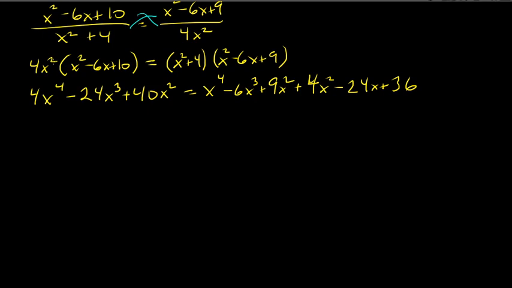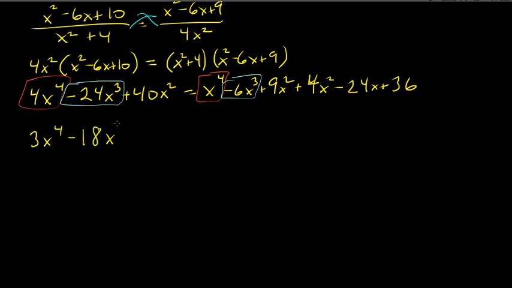So 4x to the 4th, we got to keep track of this, right? So 4x to the 4th minus x to the 4th is 3x to the 4th. Then what? Then we have negative 24x cubed plus 6x cubed. That's the only cubed term, right? So I think that's going to give us, let's see, negative 24 plus 6 is negative 18, x cubed. Right? And then we have, let's see, the x squared terms. We have 40x squared on the left. And this is, oh, we didn't combine these, but this is 13x squared on the right. So 40 minus 13,